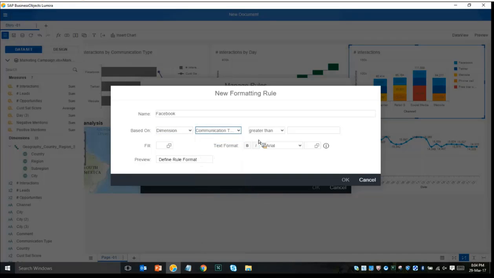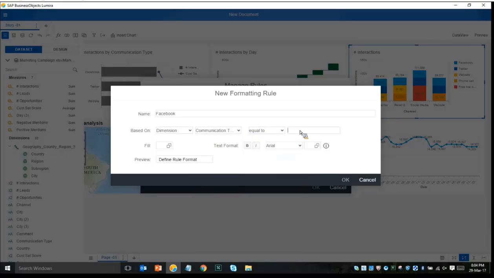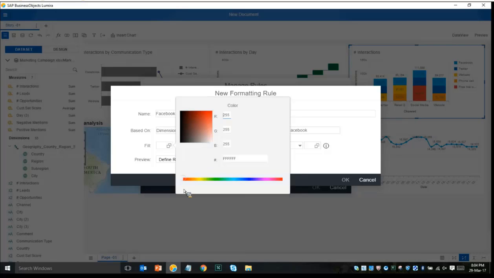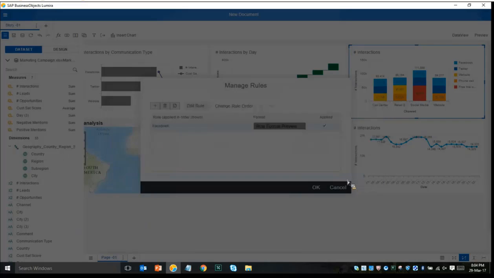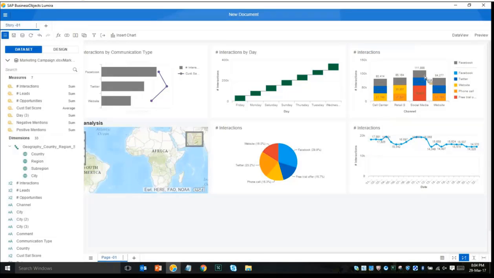So in this case, I want to create a condition where communication type is equal to Facebook, and I want to highlight it with a different color. So let me highlight it with this color and click on OK. As you can see here, the stack representing the value for Facebook has been highlighted with a color